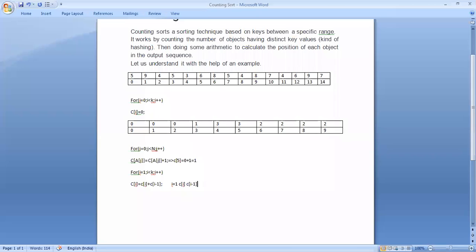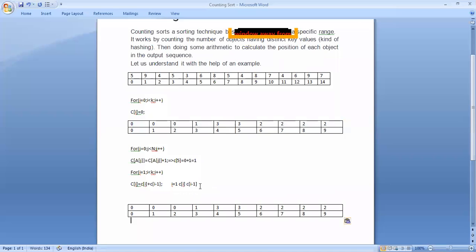Okay. So now when I equals to 1, then ci value, that means c1 value is 0, and ci minus 1, that means c1 minus 1, is also 0.